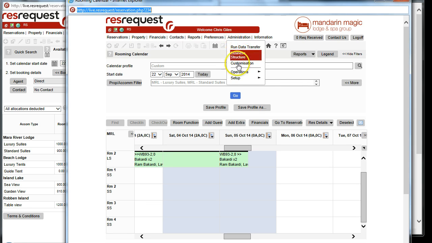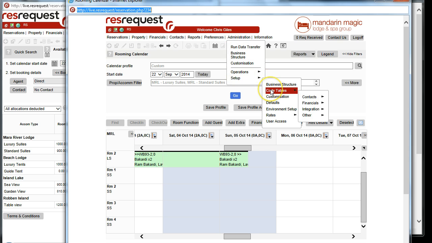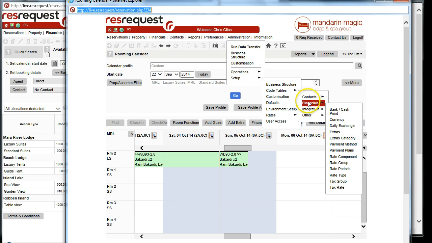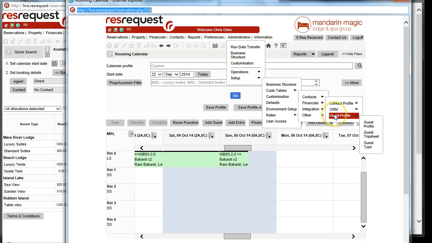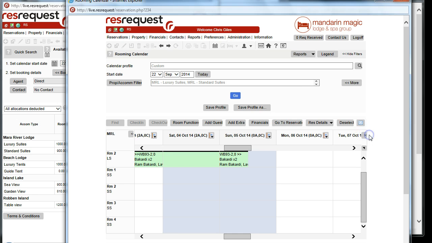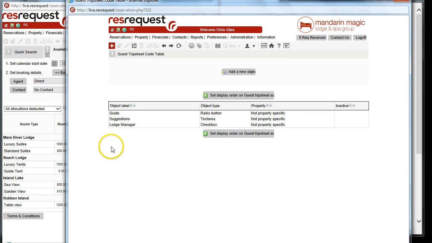Go to Administration, Setup, Code Tables, Contacts, Guest Profile, Guest Trip History, or Guest Trip Sheet. Let's click on that. Here we have three areas that have recently been set up by this client, and now